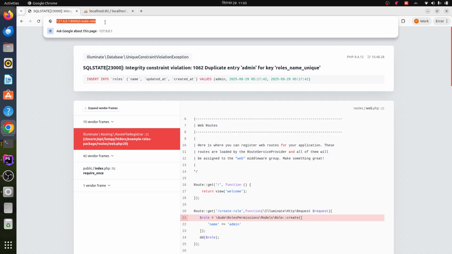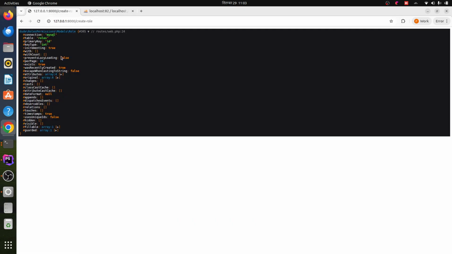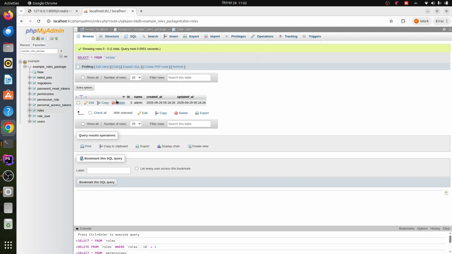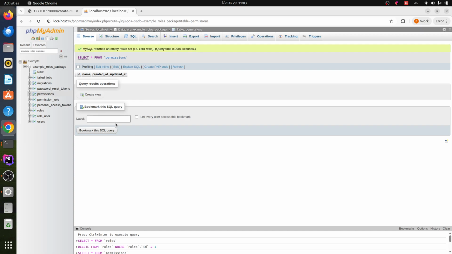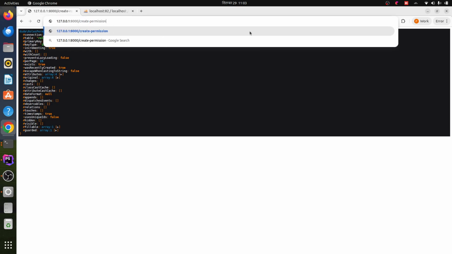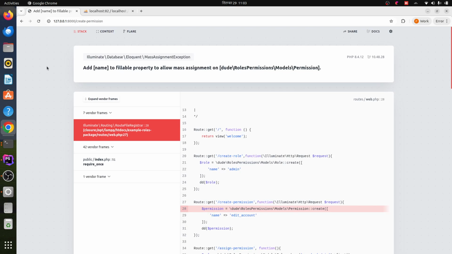So now if I do create role, it should create the role, right? Now if I go to this roles table, we have admin, and we have nothing in our permissions table. And if we look into this permission role table, we have nothing here as well, right? So now if I say create permission, it says